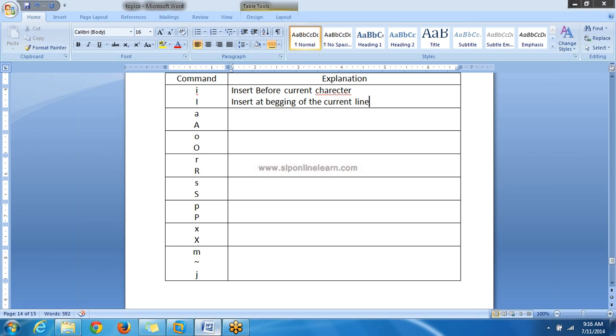We discussed all these: small i, small a, capital A, small o, capital O. Small a appends text after the current character.